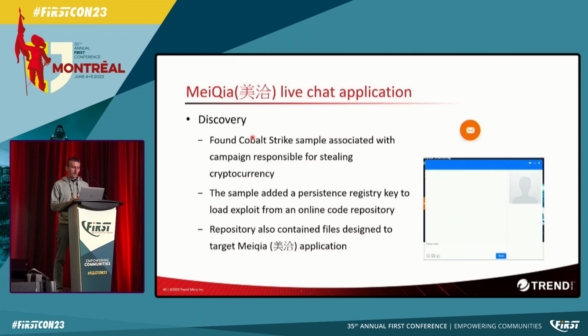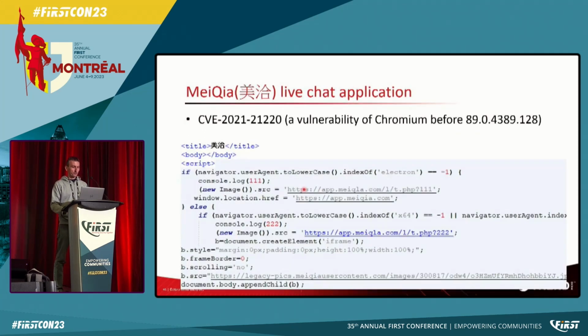We found that the application used for this sort of communication had been exploited, and we found this case by finding one Cobalt Strike sample which was related to a campaign stealing cryptocurrencies. This campaign used one online code repository which made a reference to this Meitia application. So we had access to the repository, we downloaded all the files, and inside of this repository we found something like this. We find the HTML code, and in the title is the reference to the Meitia application. Below, it downloads a picture, which will be displayed